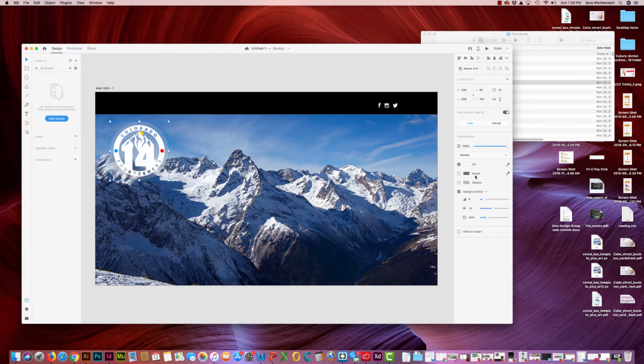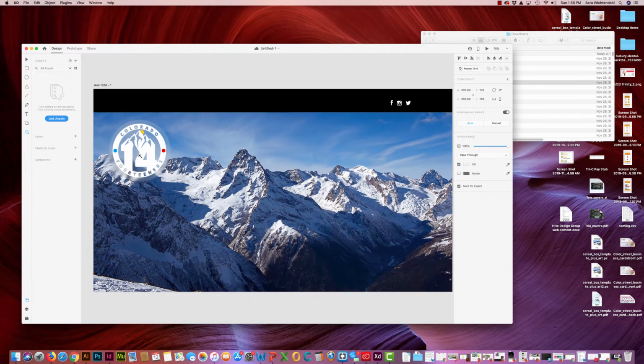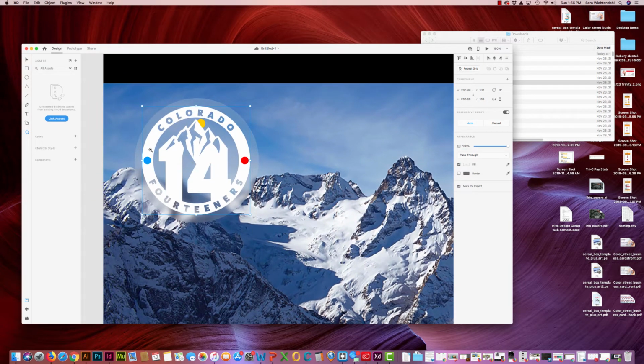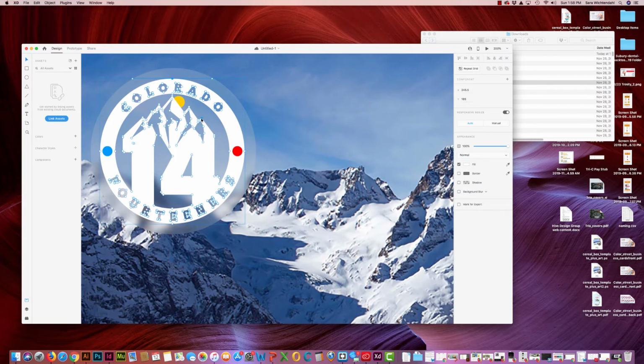Another thing of note is that vector SVGs are editable within XD. So these SVGs that we grabbed are editable. So if I zoom in a little bit so you can see it better, our logo here. I have my logo and it is an SVG. So if I wanted to edit those points within XD, I can. I can double click multiple times. It may take several double clicks to click in and drill down on the object that you want. It's a little bit frustrating, it's a little bit ham-fisted, but I've drilled in